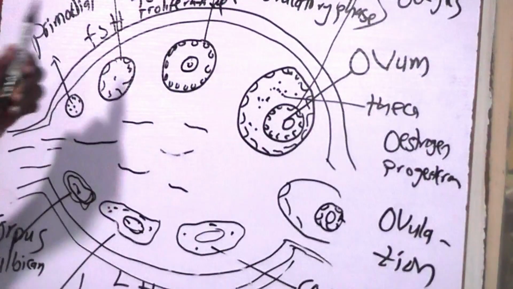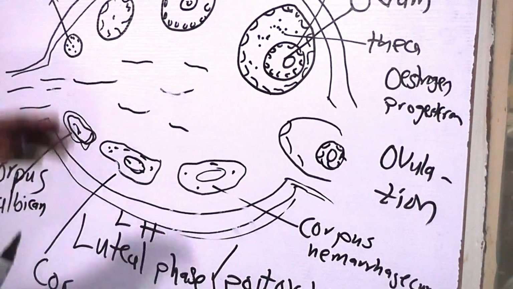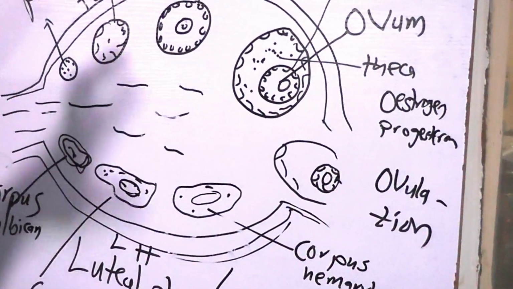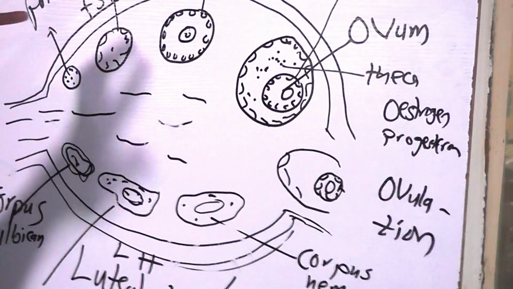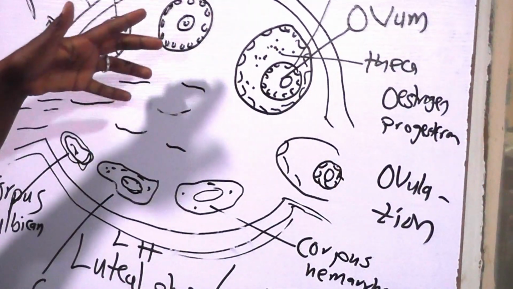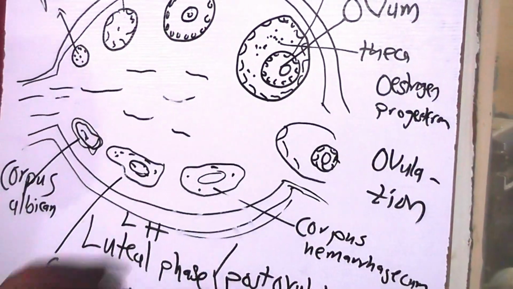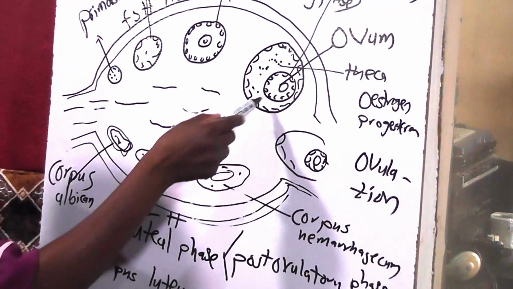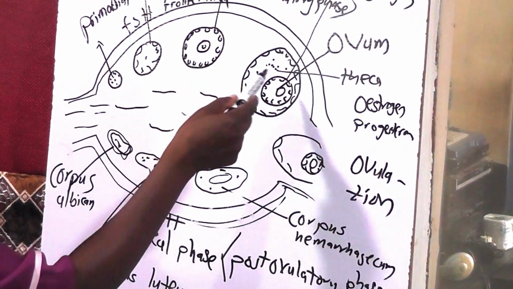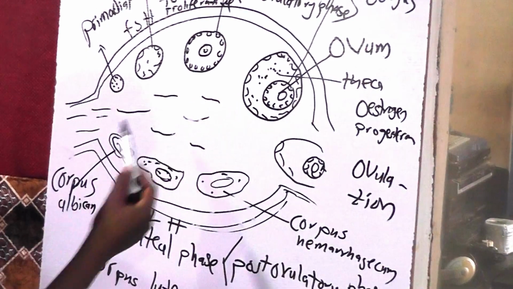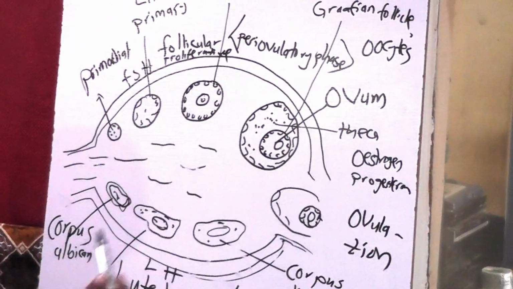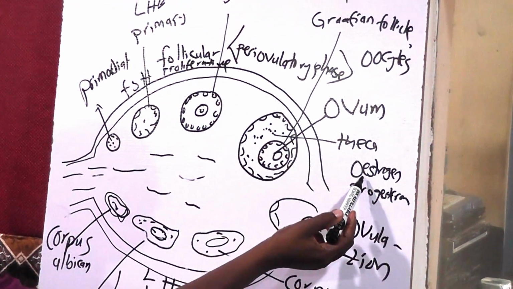In the follicular phase, there is formation of follicles, they develop and get to maturity. In the matured follicle, we have the presence of theca cells, which produce two ovarian hormones,